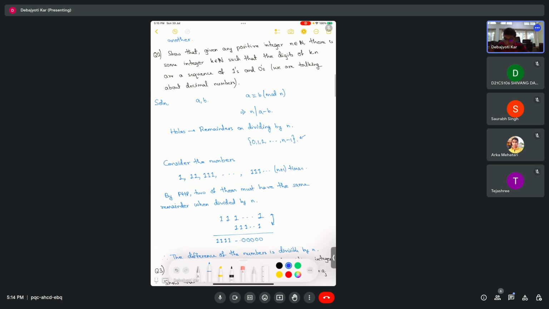So here, what did we want to show? That for any integer n, there exists a multiple of n that consists only of ones and zeros. So again, when we divide some number by n, what are the possible remainders? 0, 1, 2 up to n minus 1. There are n possible remainders. So now if we can construct at least n plus 1 numbers, then by the pigeonhole principle, since the number of remainders is n, two of those